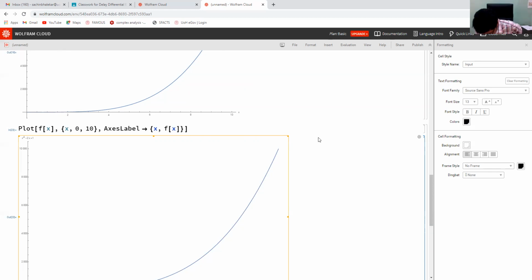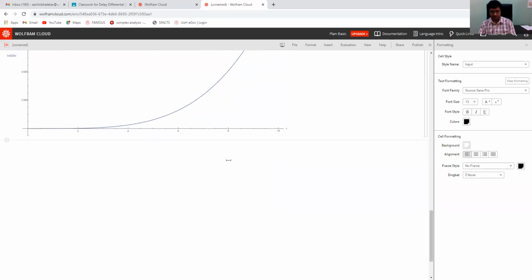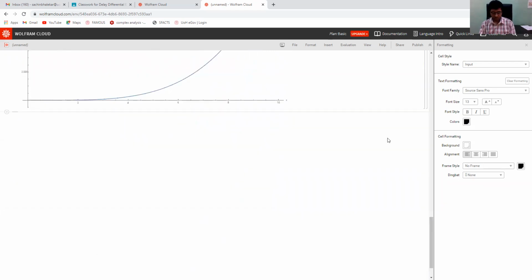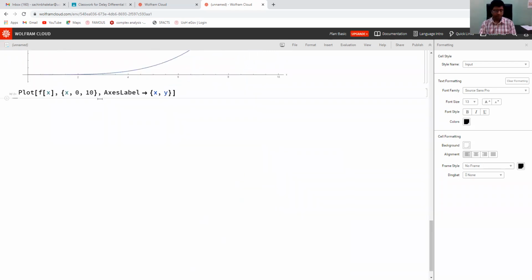Now we can plot two or more functions in a single window. So how to do that? Let us see. If we want two or more functions, then we have to use a list.